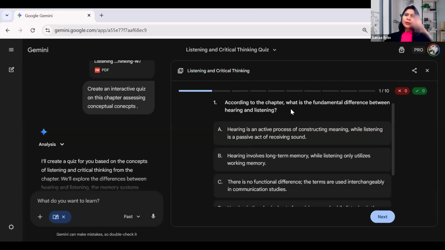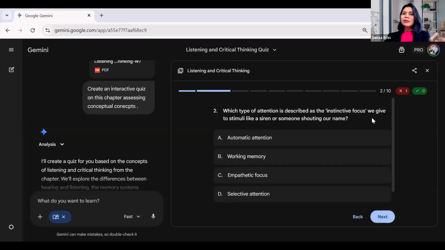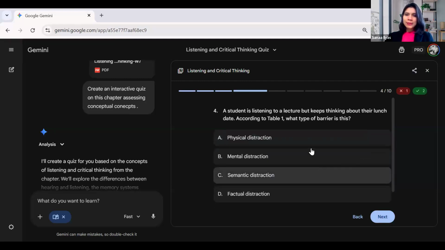Now, for example, when I answer, it is also going to give me feedback along the way, whether I am answering correctly or incorrectly. I have 10 questions. I'll answer all of these because I want to show what happens at the end. Organization, filing systems, and then